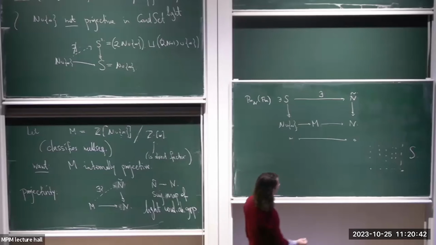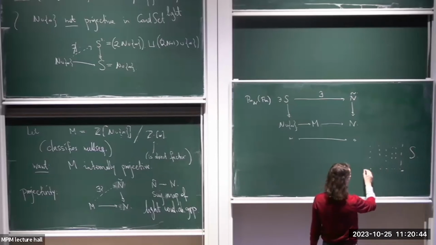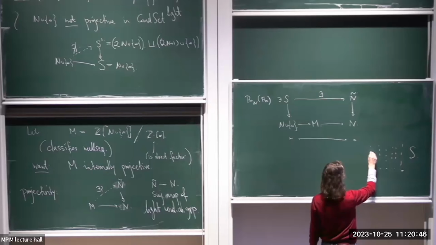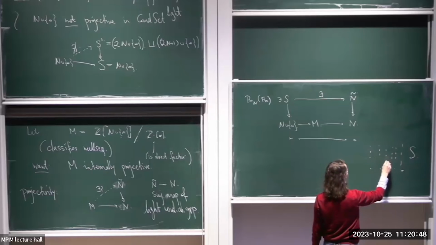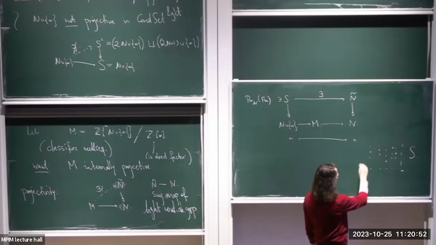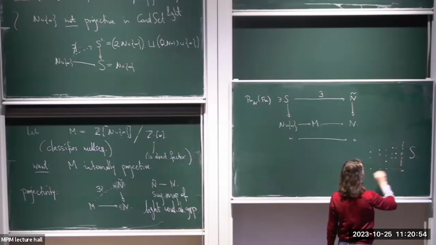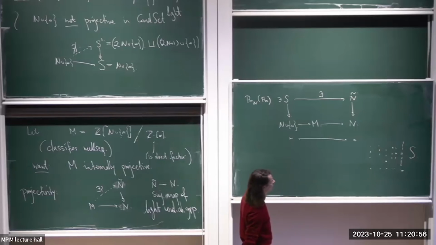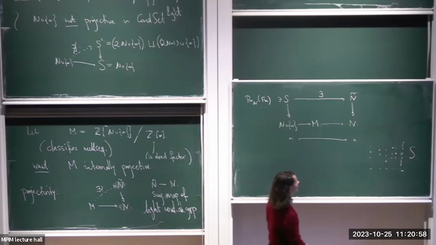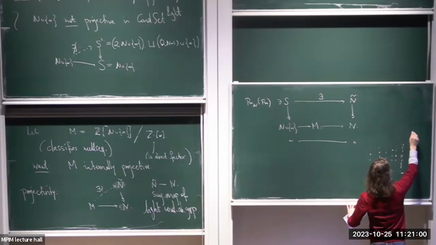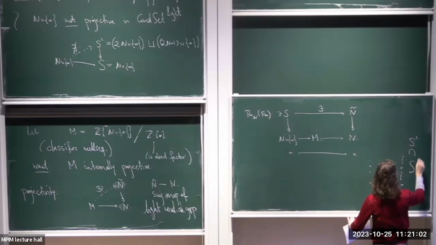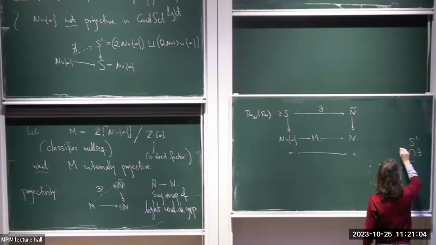But you can always make that smaller because for each of the discrete points here, you can just pick any lift. I don't know, I don't care which one. And then all these lifts together with keeping everything at infinity, this is a closed subspace, right? So there exists S prime, a closed subspace,